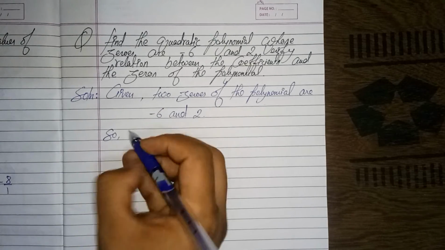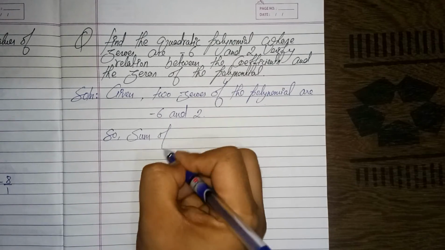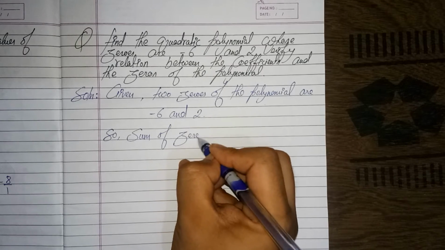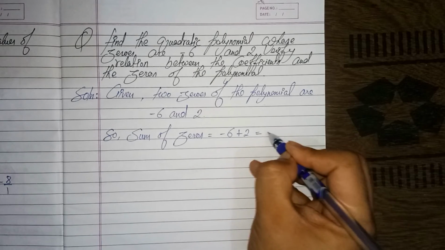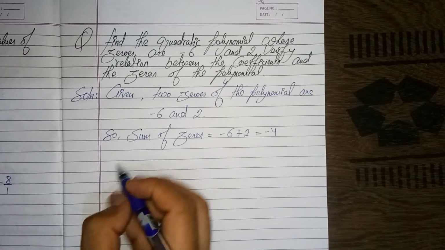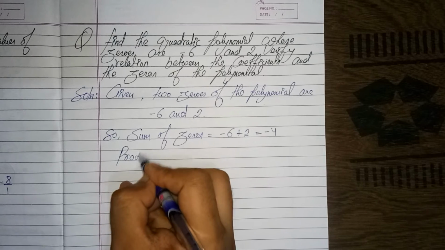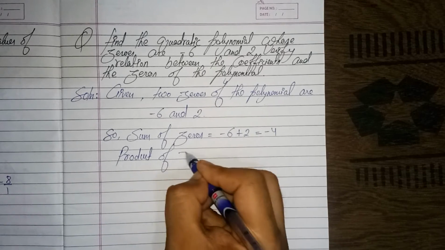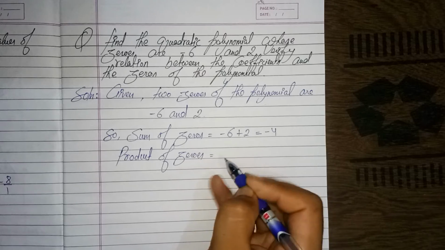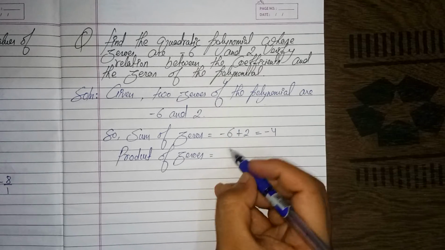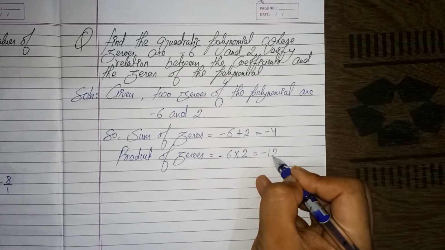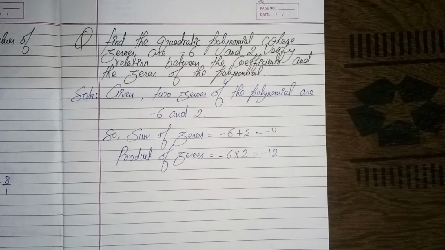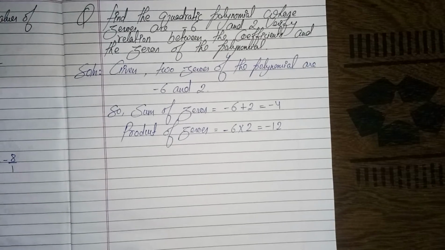So sum of zeros equals to -6 plus 2, which is equals to -4. Similarly, product of zeros is equals to -6 multiplied by 2, which is equals to -12. Okay, now I just got the values of sum of zeros and product of zeros. Now the formula, okay, the formula I was talking about is,